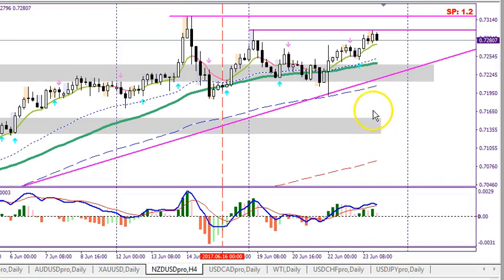And the best thing to do is wait for price to come down, turn around, and then buy above 0.7255. Okay, that's what I would be looking for. Or buy just above here, you could do that as well. Buy just above the high of this 4-hour. Actually, take a look right here. See this line here? The previous swing high right here. So you want to buy just above there or wait for the pullback to end and then buy above 0.7255.